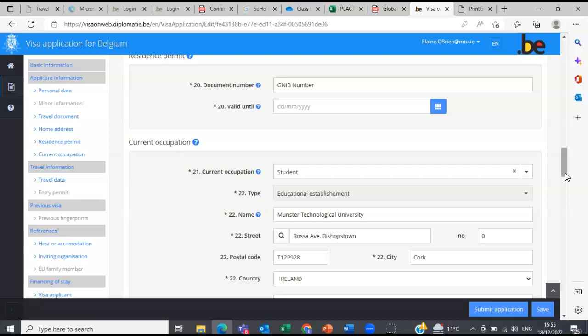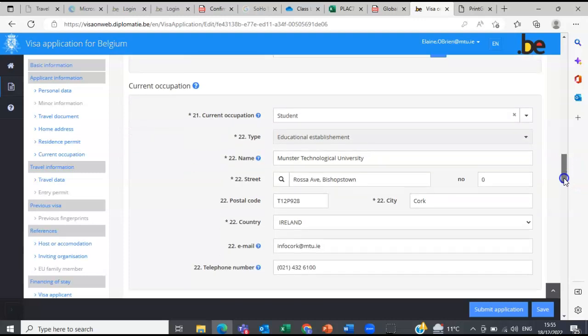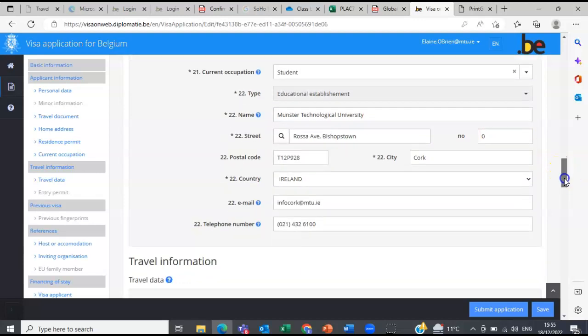So your current occupation is that you are a student. This then defaults that your type of employer is your educational establishment. The name is obviously then Munster Technological University. The address is Rossa Avenue. There's no house number on it. This is the postal code. It's in Cork. It's in Ireland. This is the MTU general email address, and this is the general MTU phone number. So we might put the 353 there for the